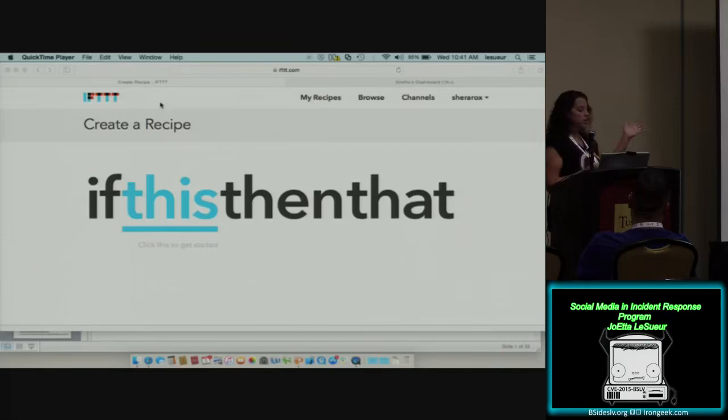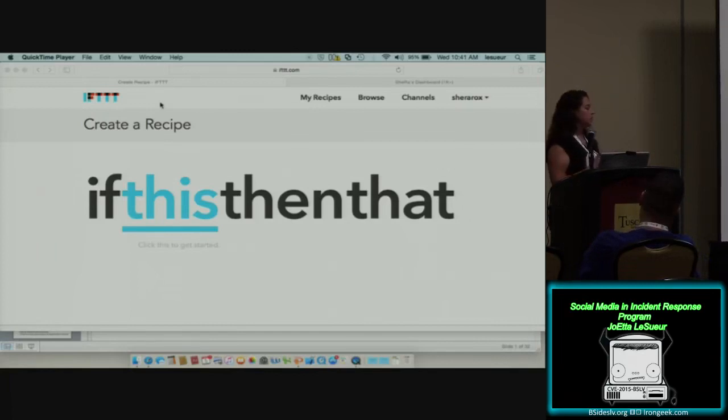You would click on this, and it would show you all the available social media channels that it has already preloaded. So they have Instagram, Twitter, Tumblr, etc. And then you would choose Facebook or Twitter, and you would say, as a trigger, when I favorite a tweet, I want you to then do that. And you click on that, and then you would choose a different channel. Let's say you want to email yourself. So when you favorite a tweet, you might want to email yourself. So you could set up this very simple concept with this IFT tool.